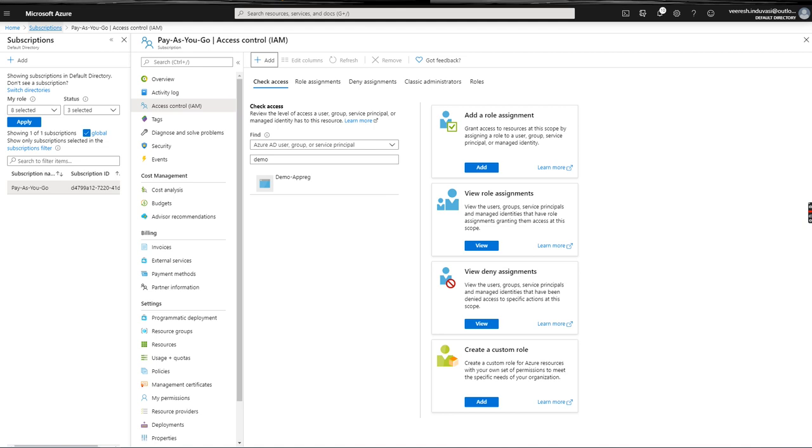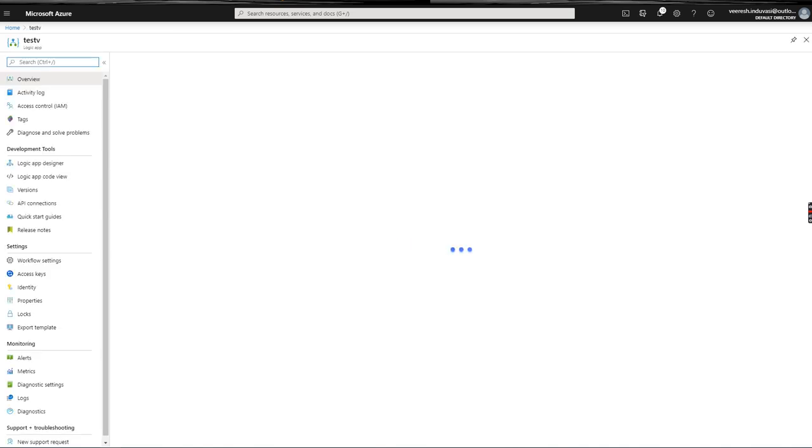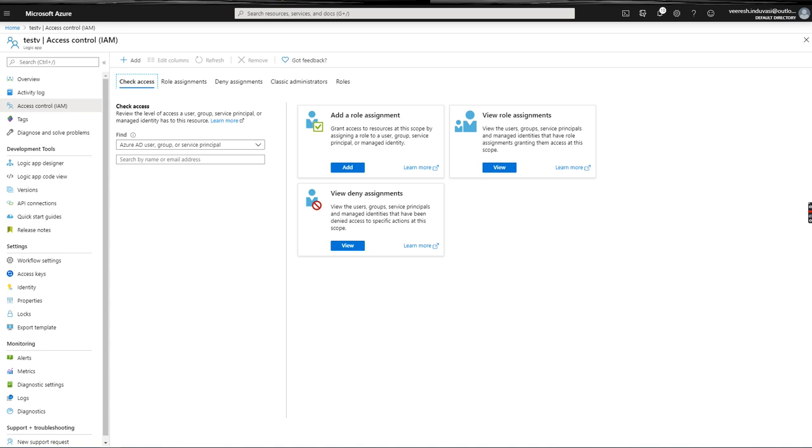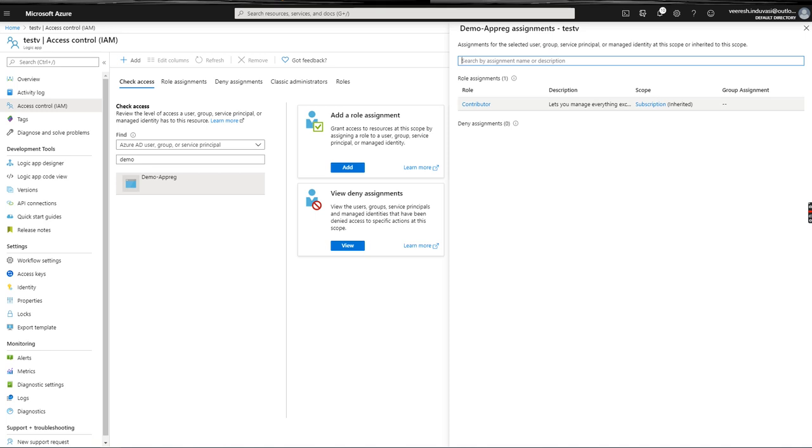Apart from this, you can also give permission to individual resources. For example, I have just a test logic app. So you can go to access control on the logic app, and then here I can choose add. For example, let's see the previously assigned role. See this, right now we have contributor access because we have given permission at the subscription level. This is inherited from subscription.